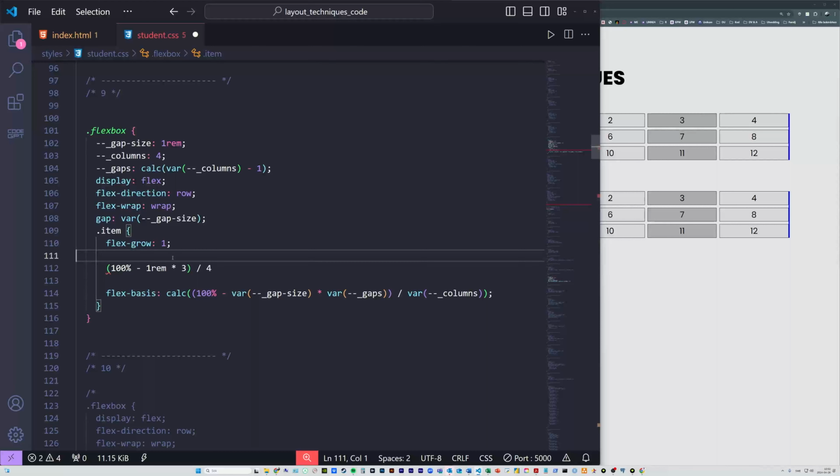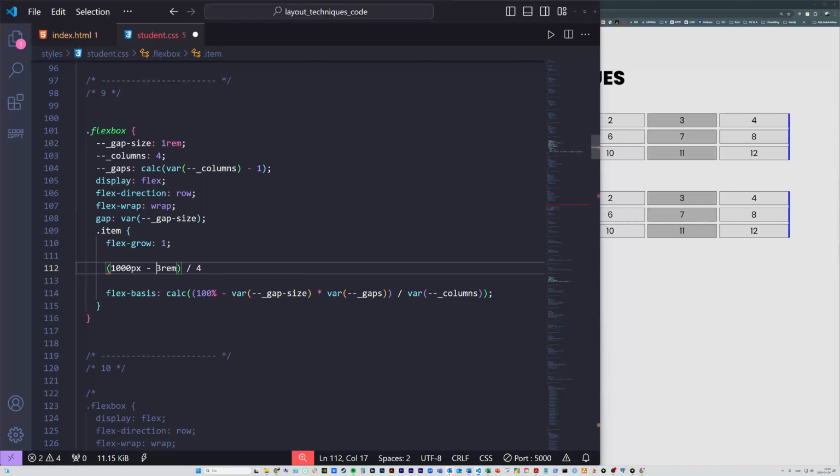So I want to calculate this. I will say that 1 rem, now it's easy to calculate, we get 3 rem, right? And 100%, that is a dynamic value, so we cannot know. But we can say, let's say the screen is 1000 pixels in width at that very moment when we are making this calculation. 100% means, or we can say the container is 1000 pixels, so we make it easy to count. Well, 1000 pixels,